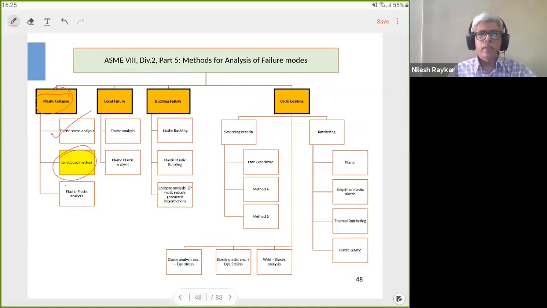You simply assume the material to be elastic, perfectly plastic, conduct the analysis and find out what is the collapse load. Whenever your finite element program fails to converge because of extraordinary deformations at certain section, that can be considered numerically as the limit load, or the load at which such phenomena occurs is known as the limit load. And that is how you establish the initiation of failure by limit analysis criteria. So that is what is being described here.